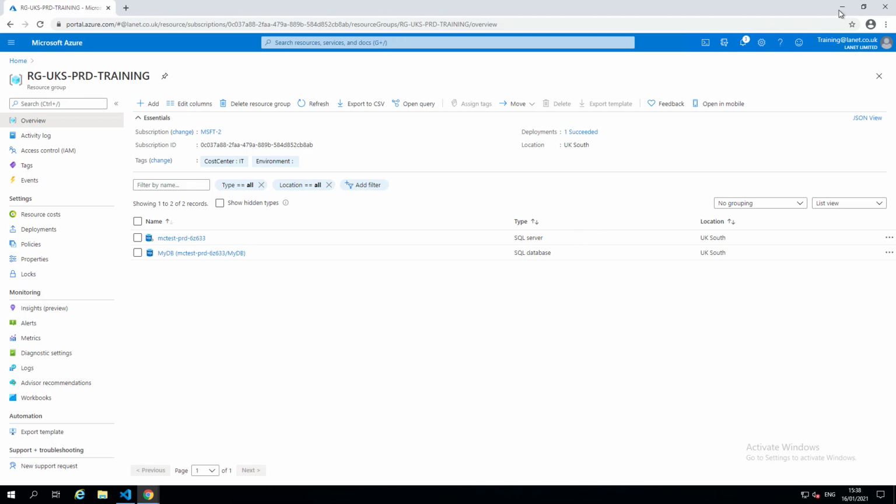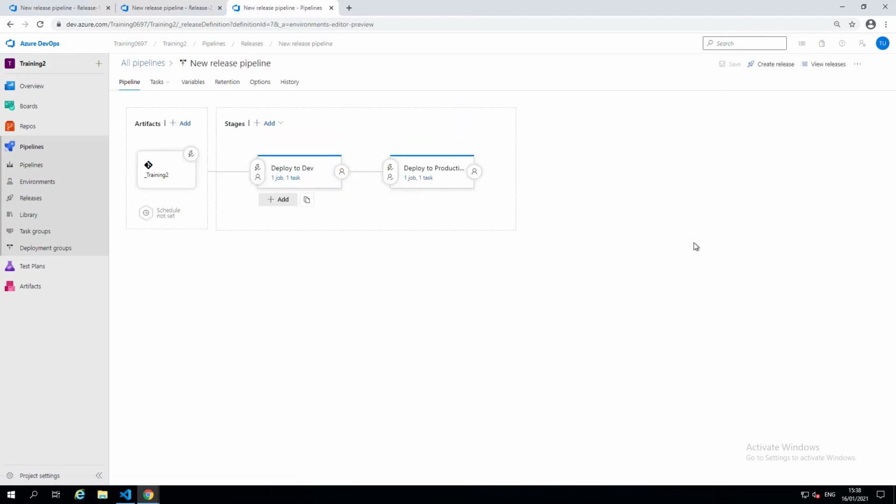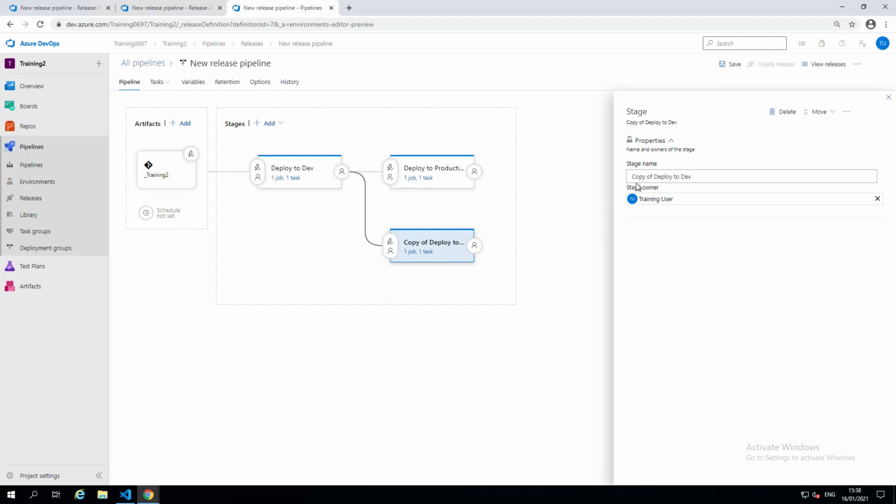So if we just go back to our release, we've gone to our pipeline. So we go to releases, see our pipeline here. Let's edit that. Let's just create another copy. Let's create a staging copy in this case. Now, first of all, let's just rename that to deploy to staging. We'll save that there for now, and then if I click on this part here, so the pre-deployment conditions, what